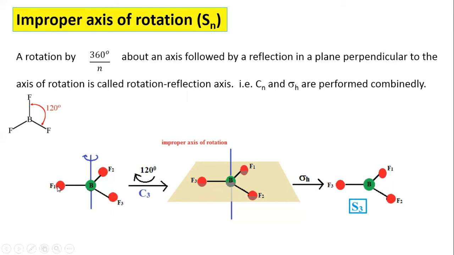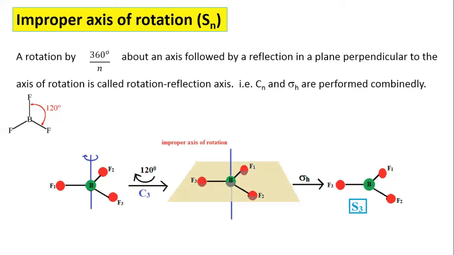So this is the BF3 molecule, which has a planar triangular shape, whose angle is 120 degrees. So rotation is performed through 120 degrees. Since through 120 degrees we get a C3 symmetry, that is 360 degrees divided by 120, we get 3, so n is equal to 3. So it is a threefold axis of symmetry. After performing this rotation, we get an indistinguishable configuration. In the place of F1, we get F3 over here. So this is an indistinguishable configuration.